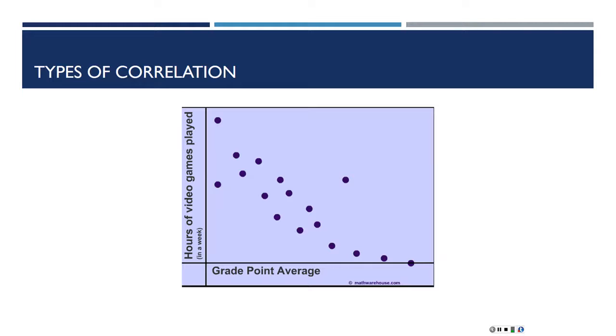Now there's a little variation here because look, you've got one person that did more than anybody else on the video games and has a very low GPA. But this person, there's people that made better grades that this person played less. Those are called outliers. This one and this one are called outliers to that pattern. Somehow they didn't fit. This person has a relatively high GPA, but they play a lot of video games. Okay? Not as much as the